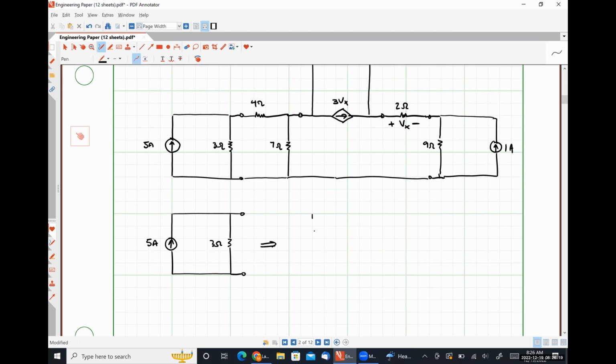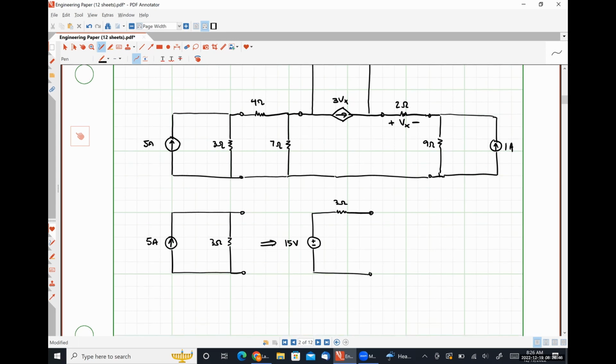what is this electrically equivalent to? 15 volts. That's 5 amps times 3 ohms. And then what else do I do? And 3 ohms in series. So have I got the polarity of my voltage source correct based on the direction of my current? Yes, okay. So I'm going to disconnect